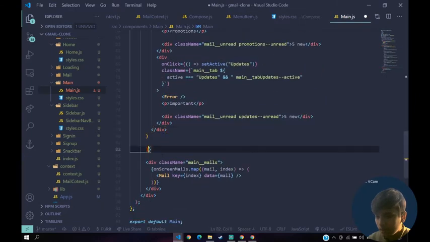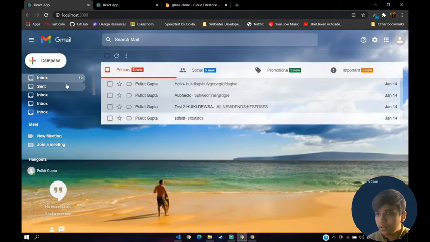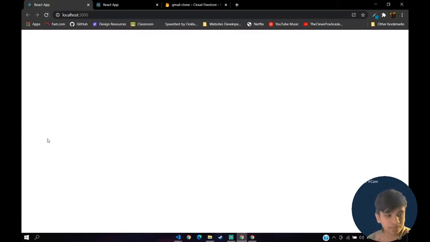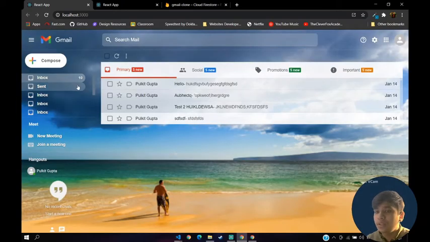You can remove this, save that. Okay, still does not work. Refresh. Loading. I click on send. Oh, it's still not working. Why is this happening?